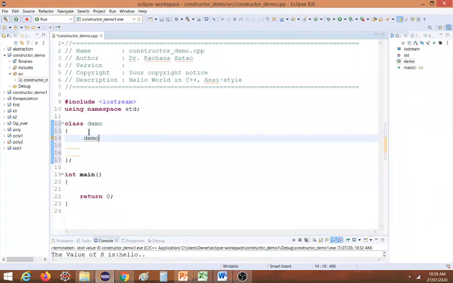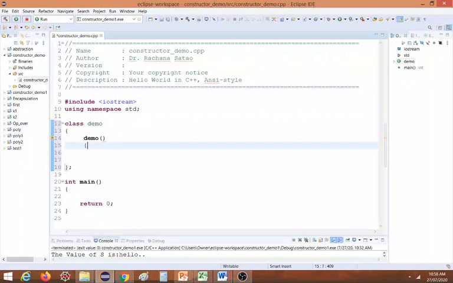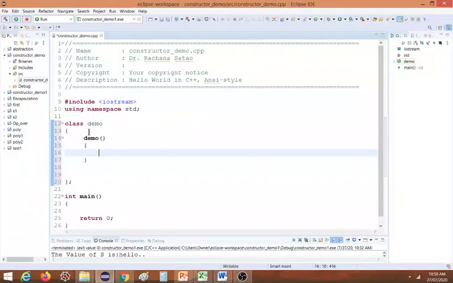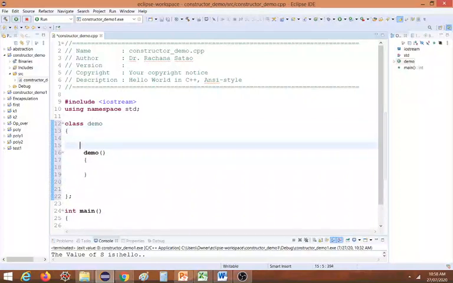Whatever is the name of the class, the same name we have to use for the constructor. The first constructor type which we will be using is the default constructor. Here I will write the keyword public because it is always necessary that you should have the constructor in the public section, and in the private section of the class we declare the variables.